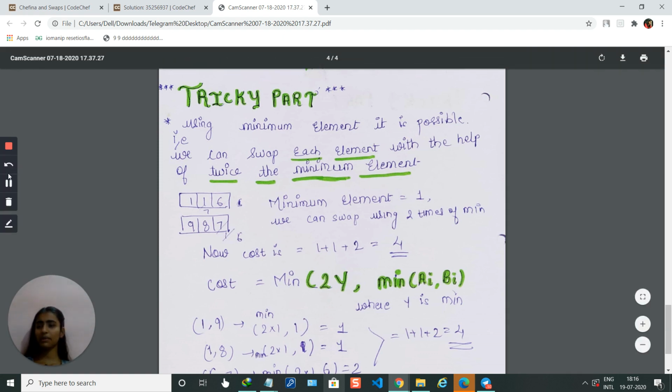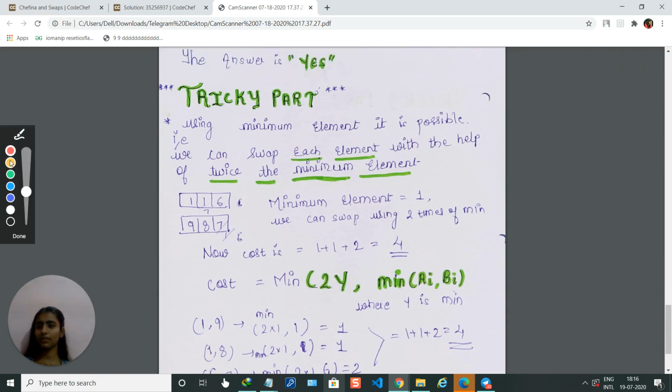Why? Using the minimum element I can do it. See, for 1 and 7, 7 I can put here, and 1 I can put here. Similarly 1 goes here, and 6 will come here.